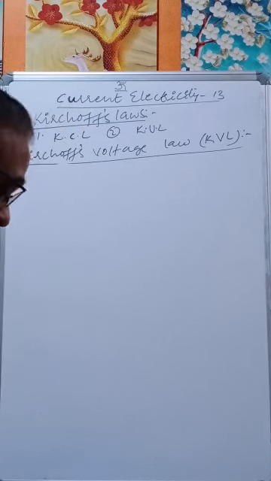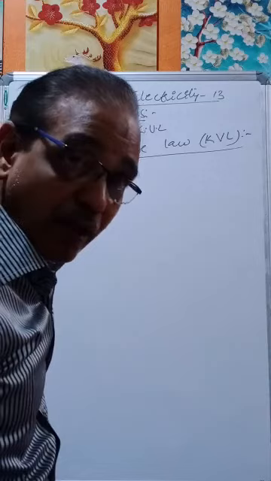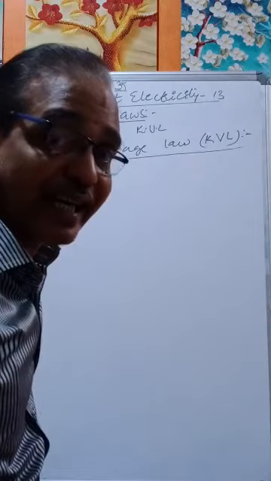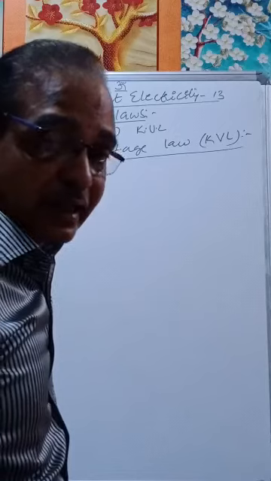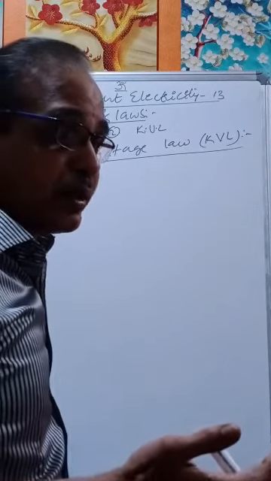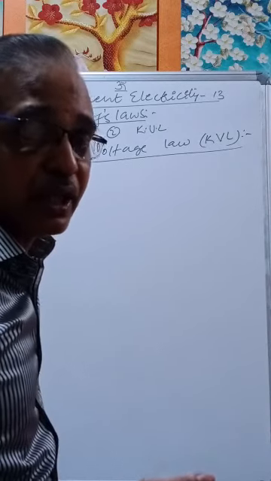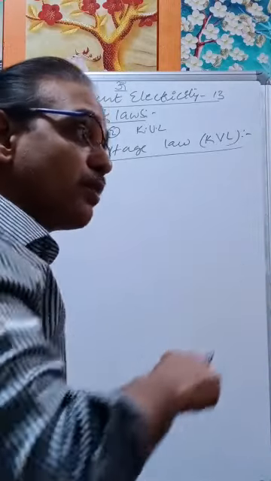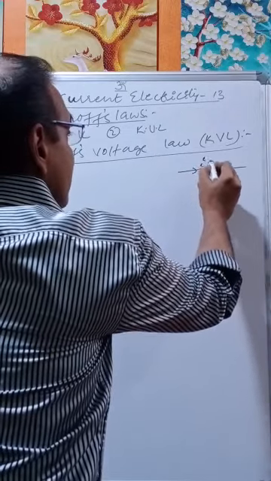The algebraic sum of the potential drops across various elements, where elements means we can take them as resistors, or sometimes inductors also. Capacitors can also be taken, but as a source of voltage: Q is equal to CV, V is equal to Q by C. We take that as a source of voltage. Different case we'll discuss later. Now here, the algebraic sum of the potential drops. If you see, the resistance is there, current is flowing like this, then resistance is R.